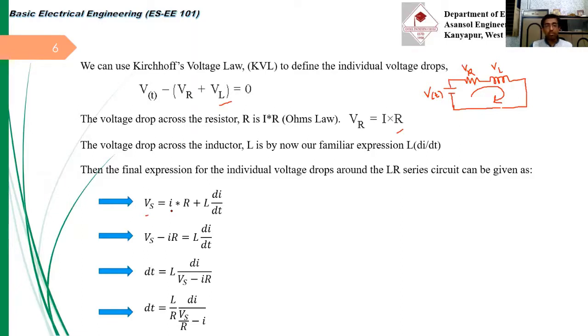Now in class 12 you had studied integration. Here all the I terms will be kept on one side and the dt term on the other side. So Vs minus IR is kept in the denominator, L remains multiplied here, and dt goes to the left-hand side. Fine. So dt equals L by R, with R taken common from Vs minus IR, so Vs by R minus I.